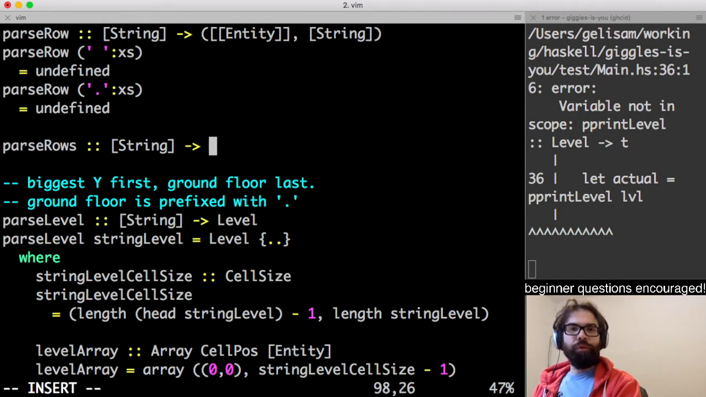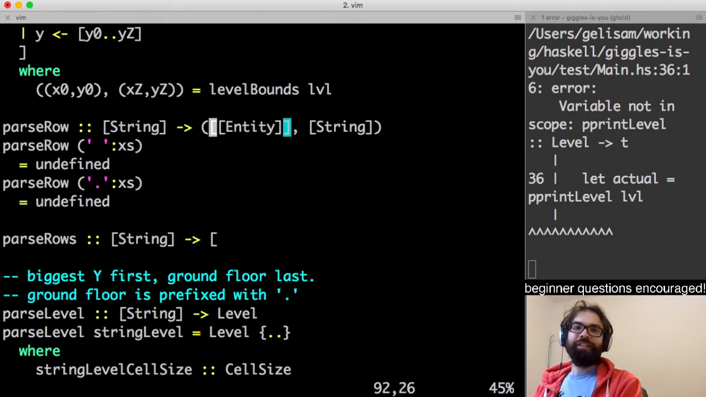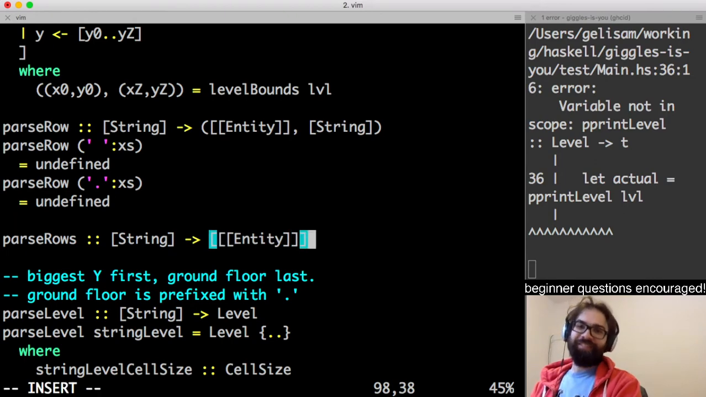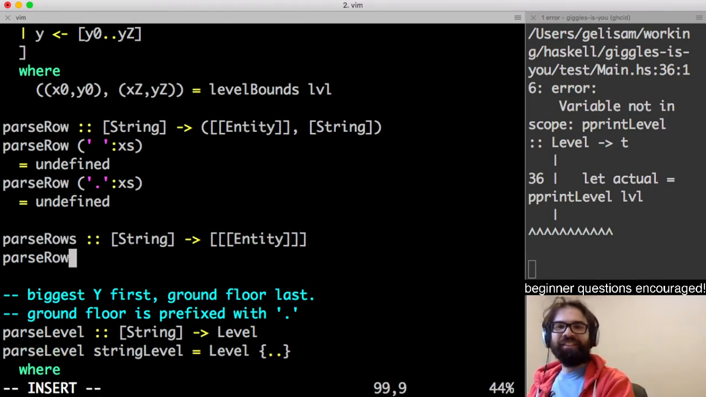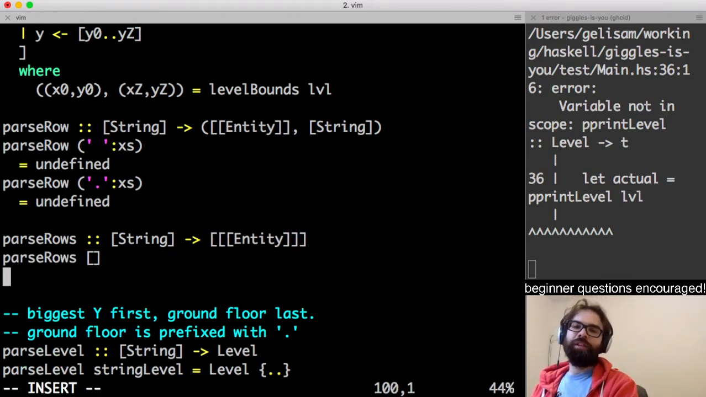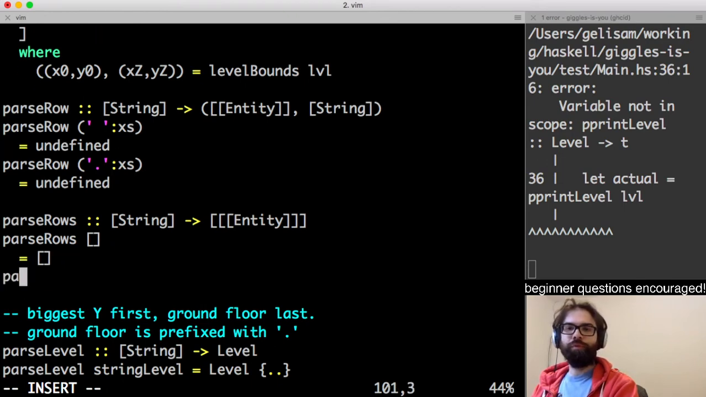So we don't need to return the remainder, we can just return not a level, because I guess it would be the responsibility of parse level to do the conversion, but it will return a list of rows, each of which is that thing, so a list of entities. And for this one, when we encounter the end of the list, we know that we are done, there's no more rows, and otherwise,